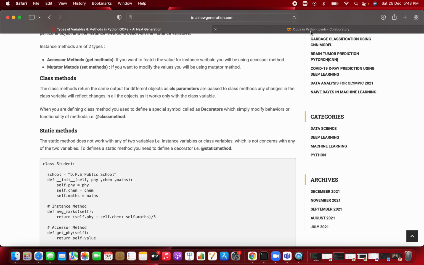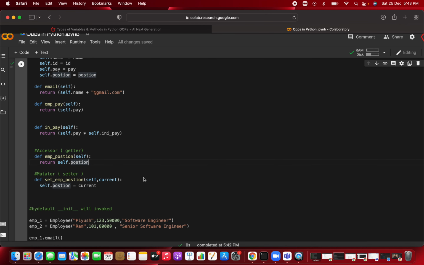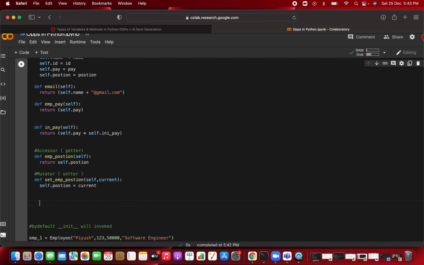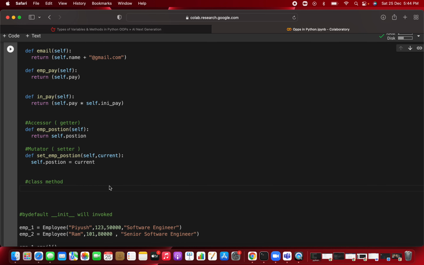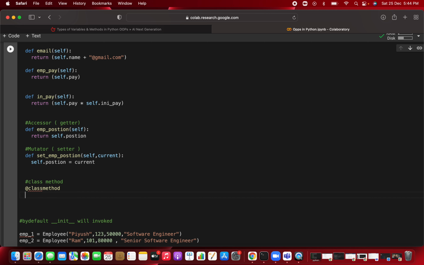Now suppose you are creating one more method, the class method, and you pass the particular decorator for that. The decorator basically means it is modifying the behavior of that method, that's it. You write class method, and now you create one method that represents the class.